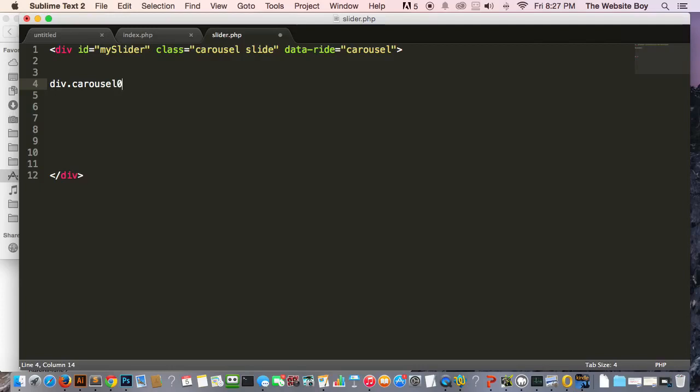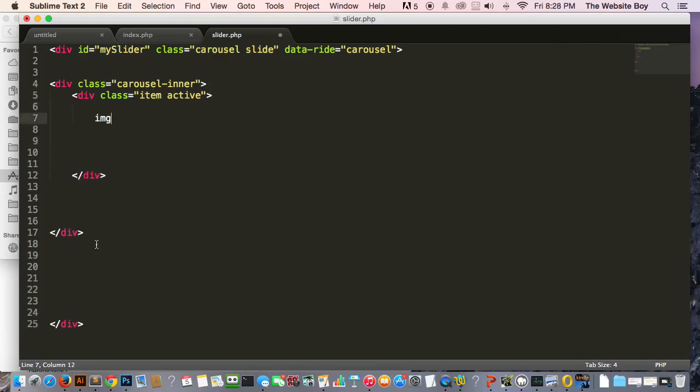And if you watched the first tutorials, you are familiar with this, right? Let's also make another div with a class of item, and the first item is going to be active. So let's put an active class on it. Let's also make an image. I'll put this together later on, but I want to make it separate so you can see what I'm doing. So let's put an image here, and what we're going to be using for an image